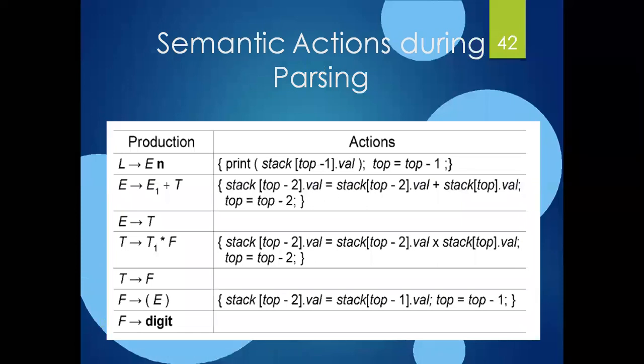This is the most important example. All of you see here, one column is about the production and the second column is about the action. Whatever productions are in the given grammar, we are just writing like this. And here with the stack implementation, I am performing the semantic actions, and every action is enclosed within braces. Make a note of this.